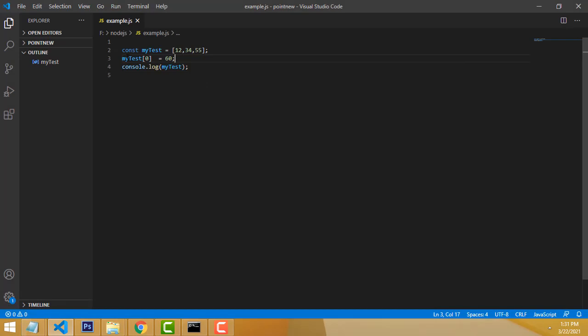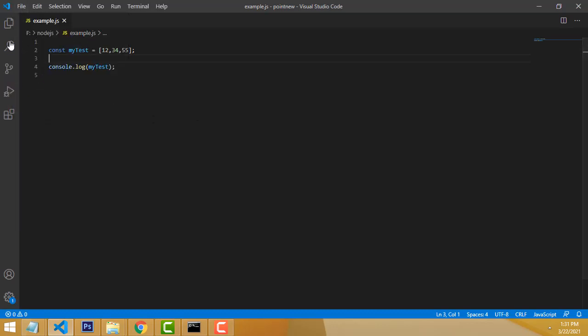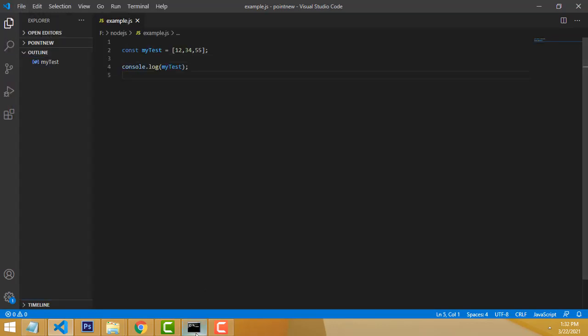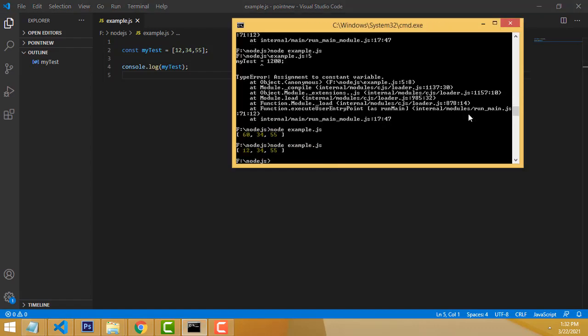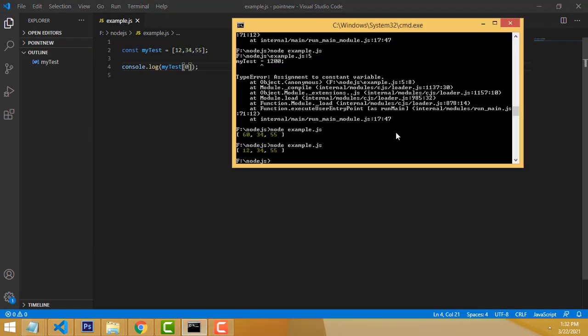Now here this is the value, we have at 0 position. Instead of the 12, I am going to change it as 60, it will be printed as 60. Okay, if it is not throwing an error here, this is the normal output. Now if you write like this, the position 0, what is the value? It has been printed as 12.